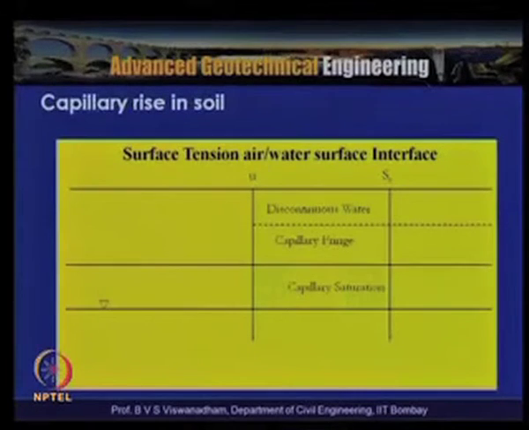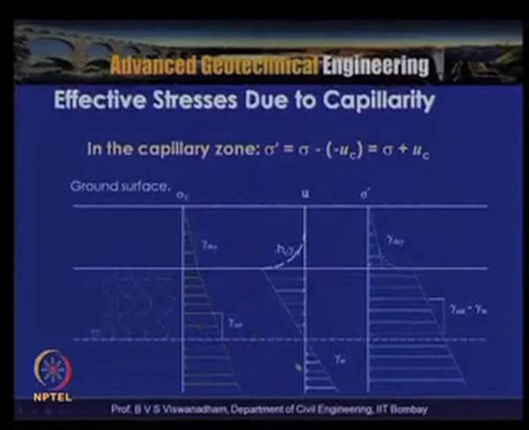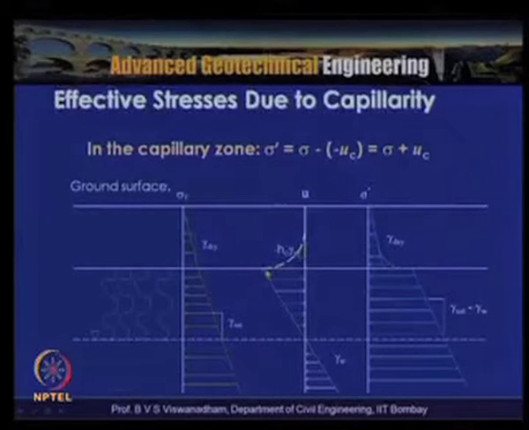But if you look into the stress profile for effective stress due to capillarity, here you can see that this particular negative water pressure reduces to 0 because of the ingress of the air at this zone. So, here the effective stress will be like this, and then this particular variation will be like this. This is because of the end of the zone of the completely saturated, and this is nothing but the capillary fringe, which is what it is called.